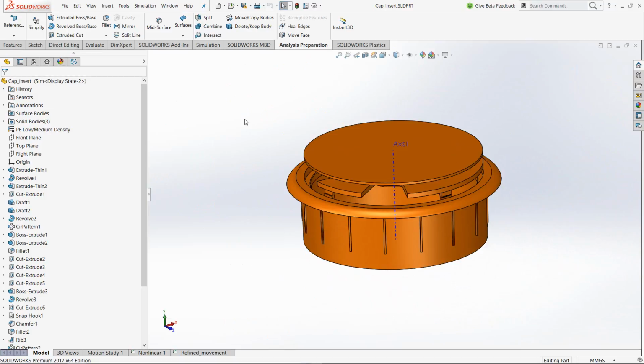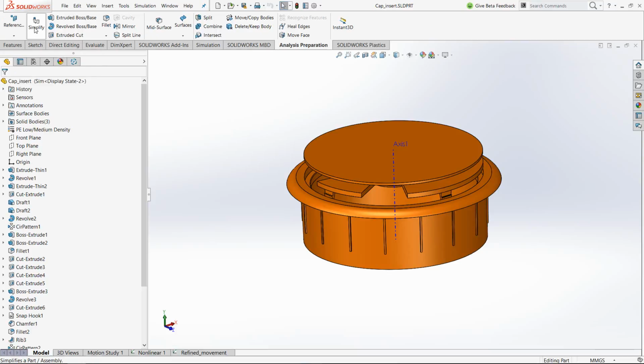So in SolidWorks and SolidWorks Simulation products, intrinsically you will have an interesting tab called Analysis Preparation. You can see it here. If I scroll through this, you can see options by which I can create certain entities like planes, axis, etc. So these might be useful either to apply the loads,